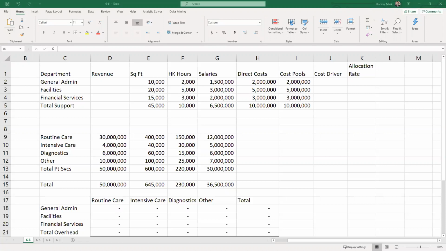on housekeeping hours. However, we're going to assume that $2 million of the financial services costs is related to billing and managerial reporting, and $1 million is related to payroll and personnel management. It says devise and implement a cost allocation scheme that recognizes that the financial services department has two widely different